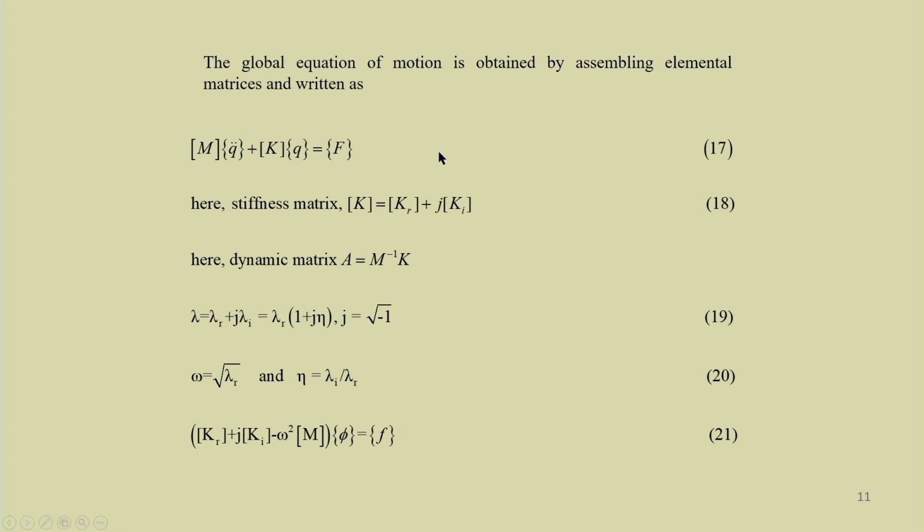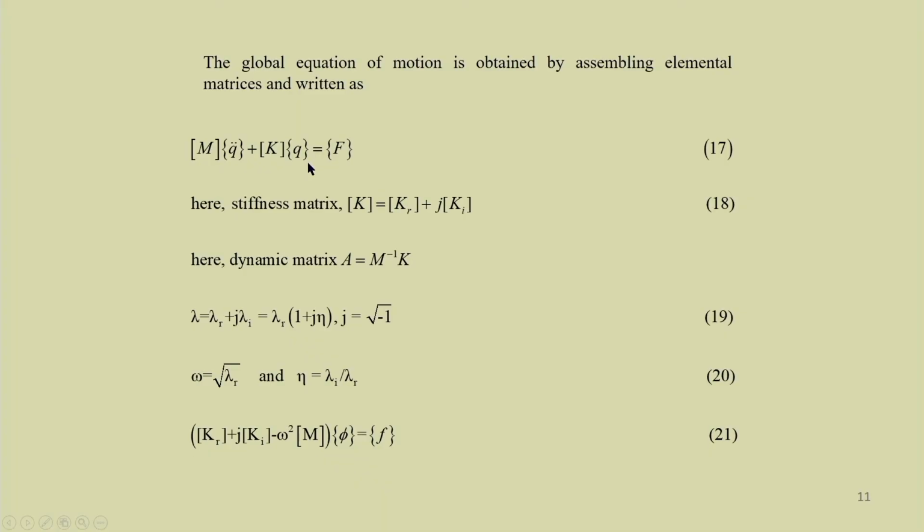Now, here you note that one can apply different boundary conditions. In this case, several different boundary conditions can be taken. For example, the sides may be simply supported, the side may be clamped, the side may be free, or a combination of all these 3 conditions. One side may be fixed, the other side may be roller supported, or it may be free, or one side may be clamped and the other side may be simply supported. So, there will be many different boundary conditions, and combinations of those boundary conditions may be considered for the analysis purpose.